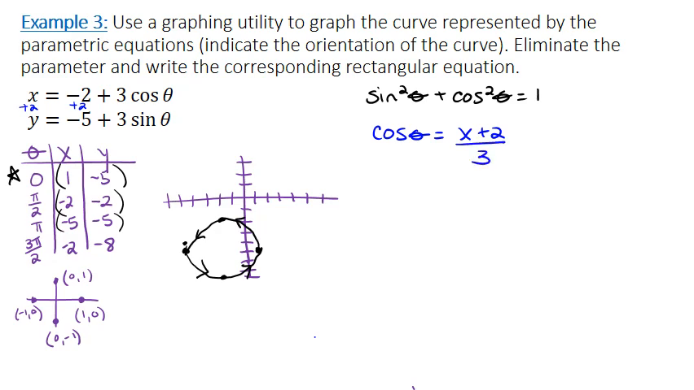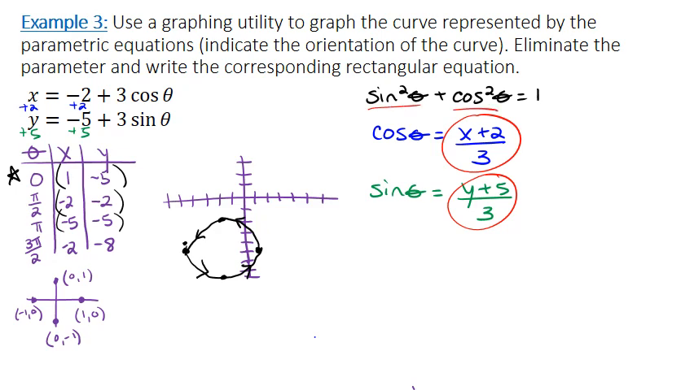Similarly, to get sine by itself, I'm going to add 5 to both sides and then divide by 3. So sine of theta is equal to (y + 5)/3. So here, I know what sine is, I know what cosine is, so what I'm going to do is take these and plug them in here and here. So I have,